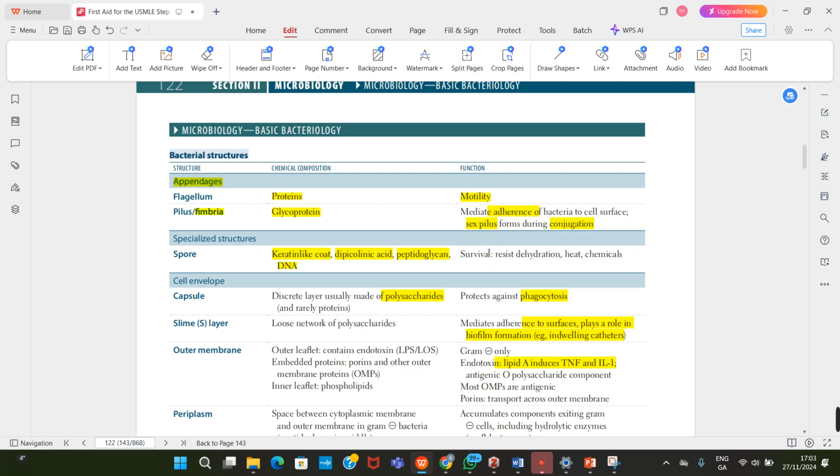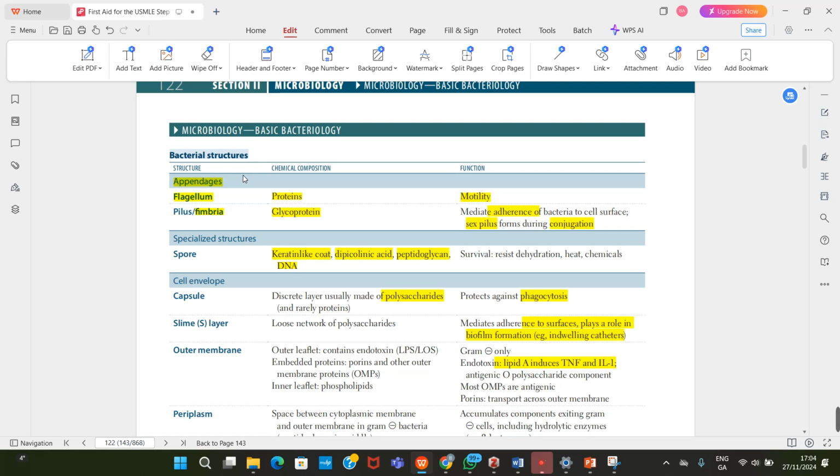Conjugation is a means by which the bacteria is able to transmit genetic components from one cell to another cell. So the fimbriae allows for attachment to a cell, while the pilus allows for transmission of genetic material through the process of conjugation. The flagellum, which you are very familiar with, is important in motility. If they say that a cell is flagellated, that means it can move through whipping action of